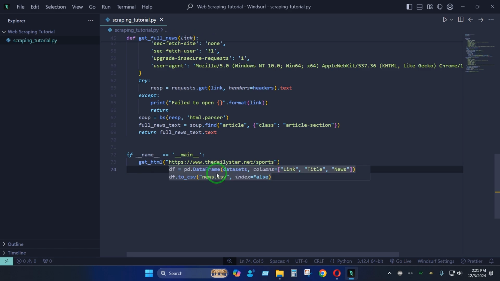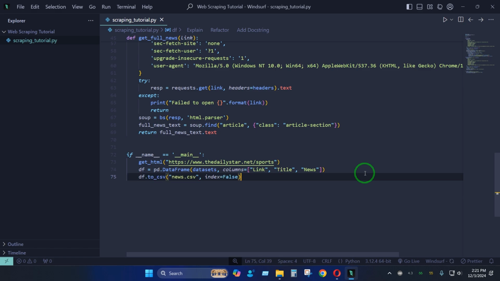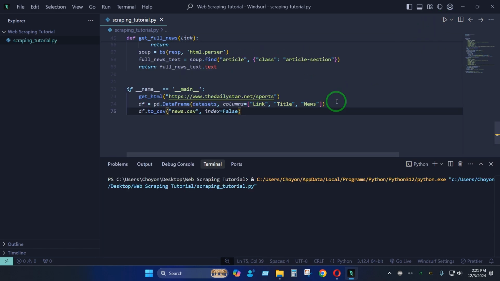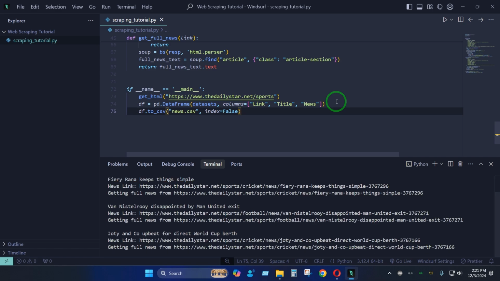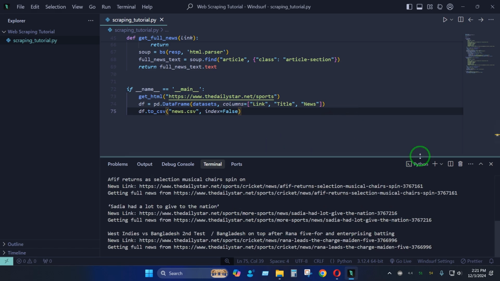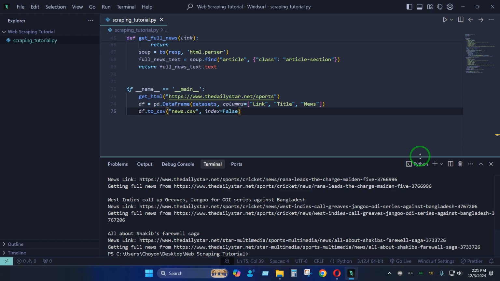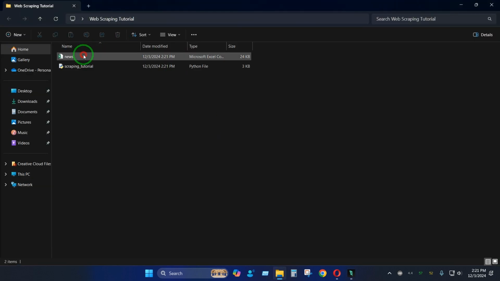Let's say data frame equal to pandas data frame, and we have the column names like this, and to CSV index false. If I run this, it is going to get all the news and the data inside of the news, and you have the CSV file generated. So if I open the folder,